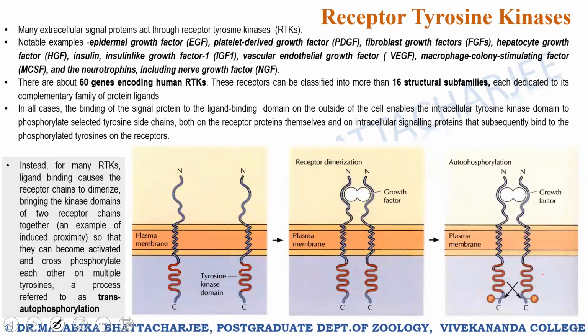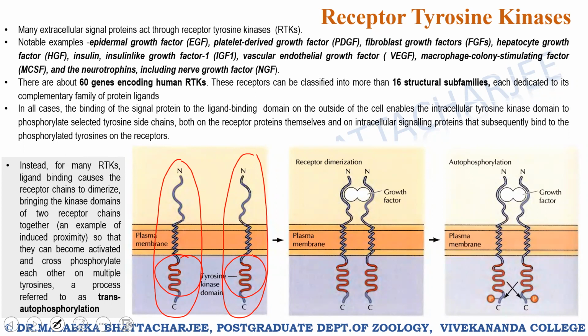So I just described in the start of the class about the RTKs, and you can see there are two ways in which the receptor tyrosine kinase activation can be done. One way has been shown here. You can see that the receptor is a monomer. It is present as a single unit in the plasma membrane. And as you can see, there is a defined tyrosine kinase domain in the intracellular part. So these receptors are intrinsic tyrosine kinase receptors.